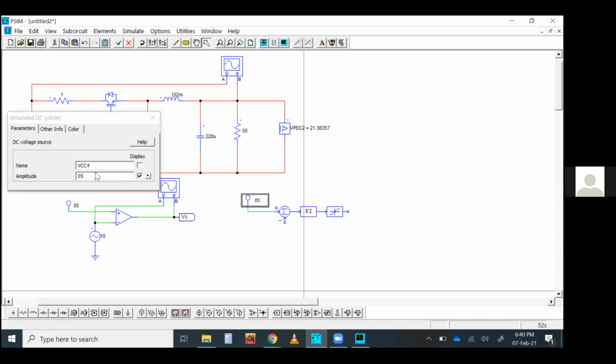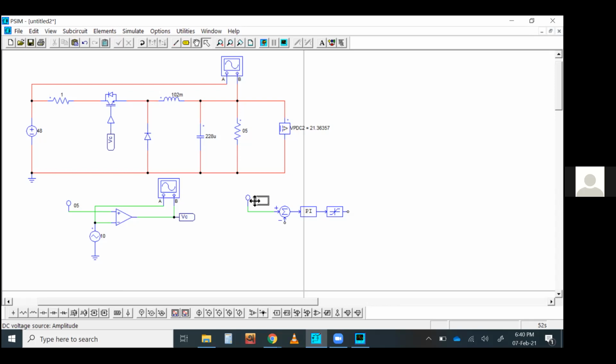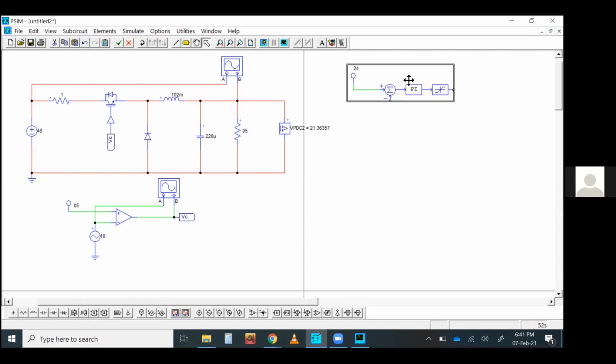Now it's not a duty cycle, now it's the output voltage. Directly I will give output voltage 24 volt. So this controller will try to generate a control signal in such a way that the converter output will be 24 volt. And this is the error signal. How are you going to get the error signal? You can simply get the signal from here. Better put it this way. So the output.